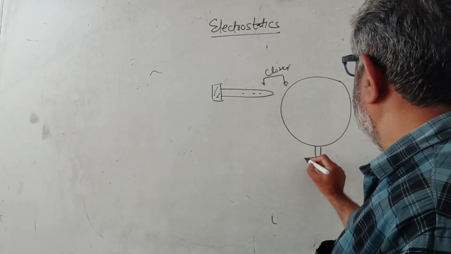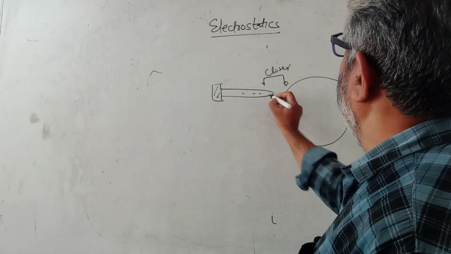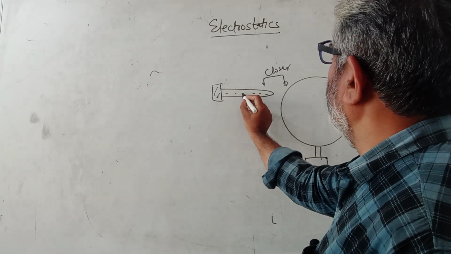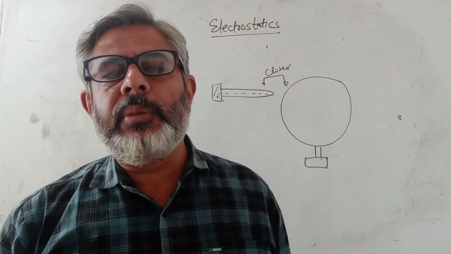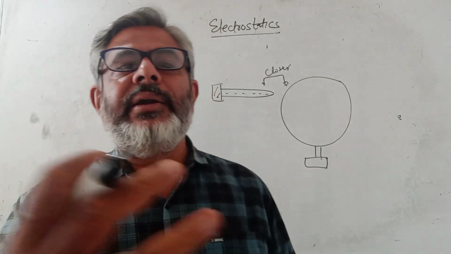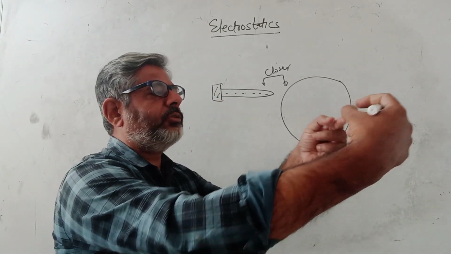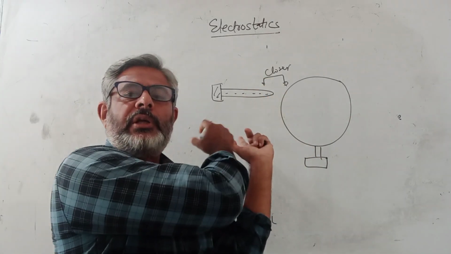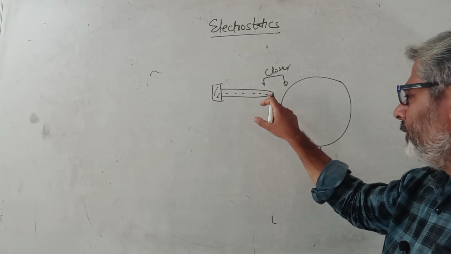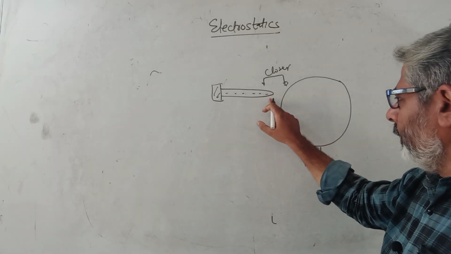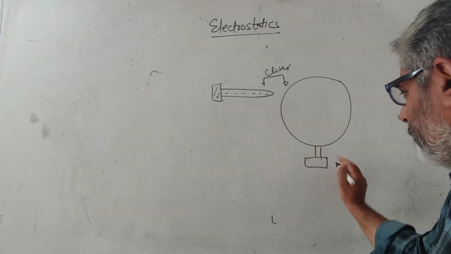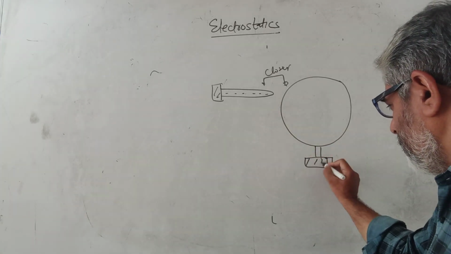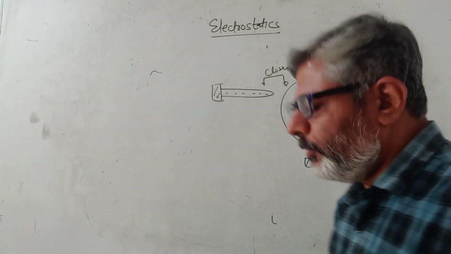Now what happens by this proximity? We know negative charge repels negative charge. Previously I brought positive charge, so it attracted negative charge, and because there was a contact, some of that negative charge flew into the rod because of the potential difference. Now I am bringing this negative charge near to this, so what will it do? It will repel some amount of negative charge. So this is let us say a wooden rod or a base which is non-conducting.